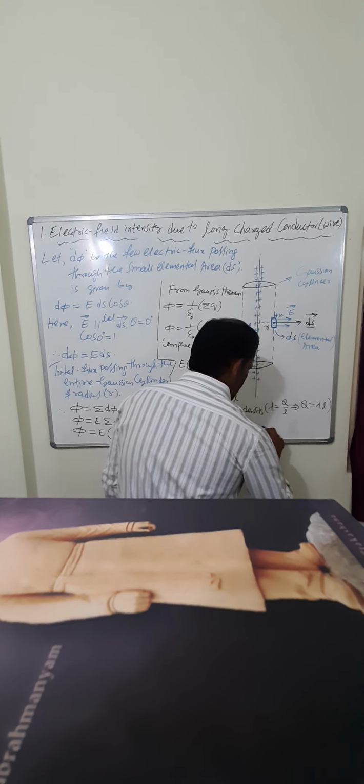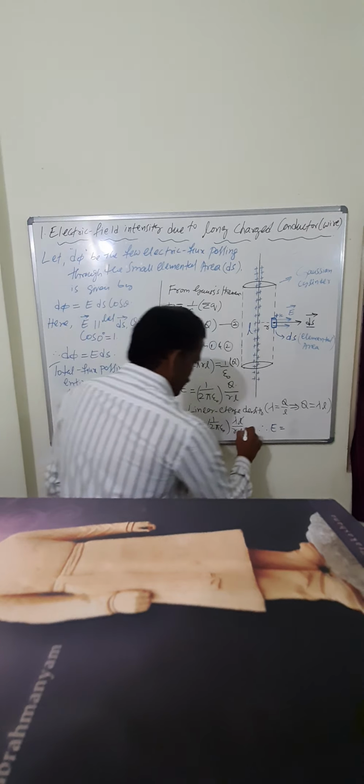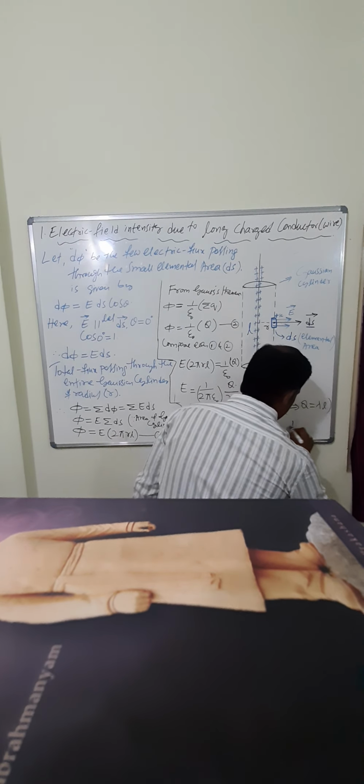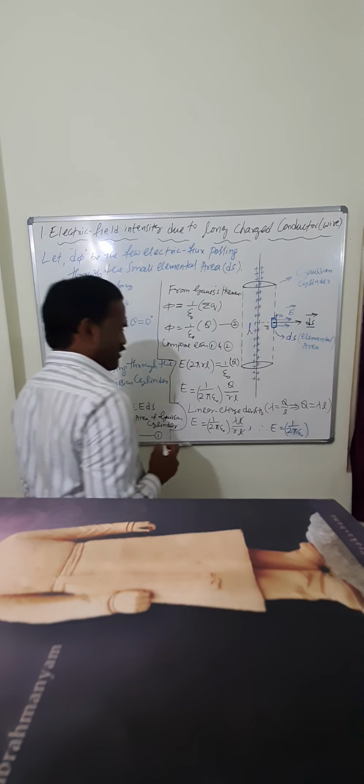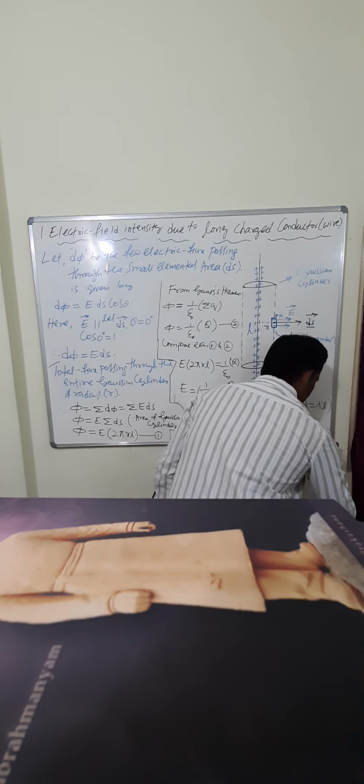Therefore, what is the expression for electric field? You will get electric field E is equal to 1 by 2 pi epsilon naught times lambda divided by R. So this is the expression for electric field due to an infinitely long